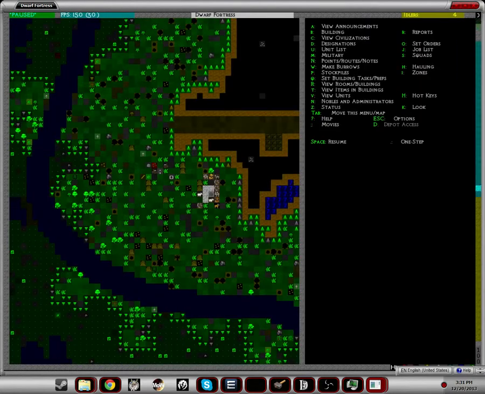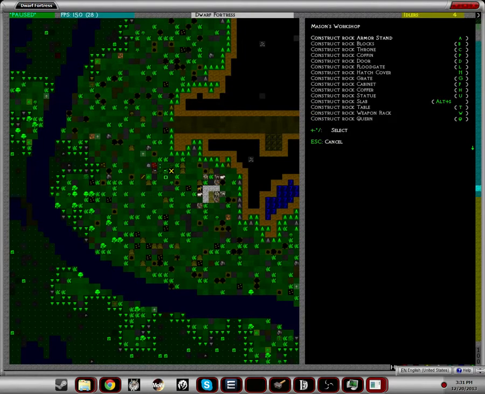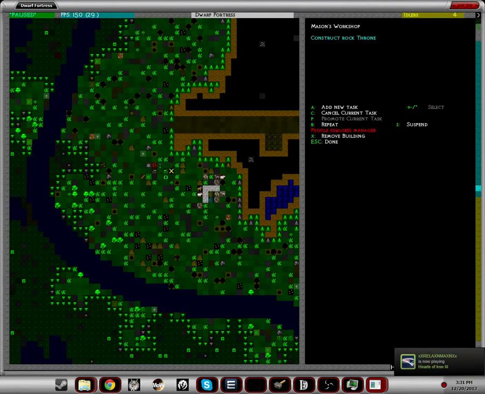Now your dwarves are not going to immediately go build them unless you're busy, but hopefully they will. So hit space, and there you go. The Mason's Workshop is built. So what are you going to do? You're going to hit A. And in the Mason's Workshop, you will need to build some stuff for your dwarves. It's like whatever they need. Honestly, I think you should always start with kind of a dining room type of area. So build like, I don't know,